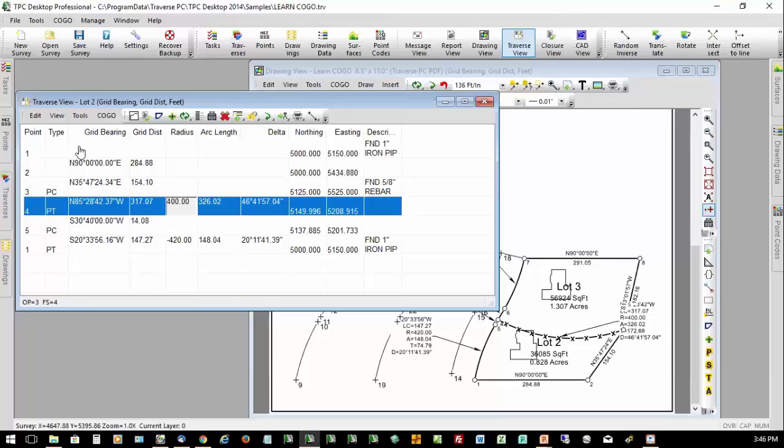Remember I said when I make a mistake, I simply go back and fix it. So I just come back here to my radius field and make it minus 400, and I've fixed my data. So this is the whole concept behind how Traverse PC is designed. We're going to work with the data, get the data right, the drawing will follow. Data does the work for us in Traverse PC, and you'll notice that